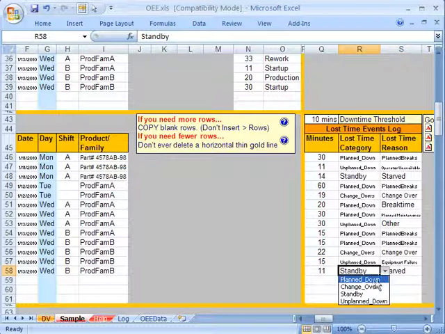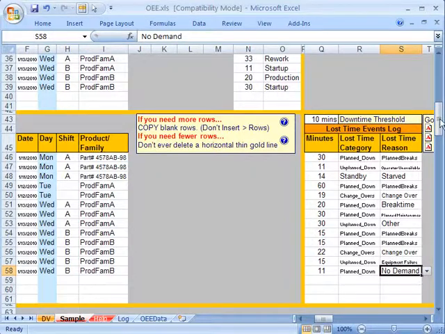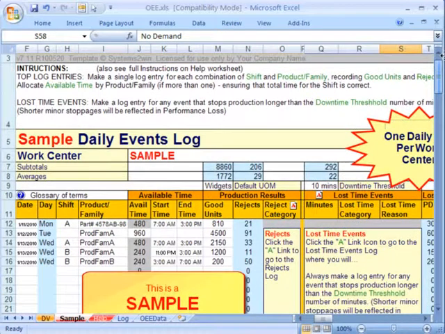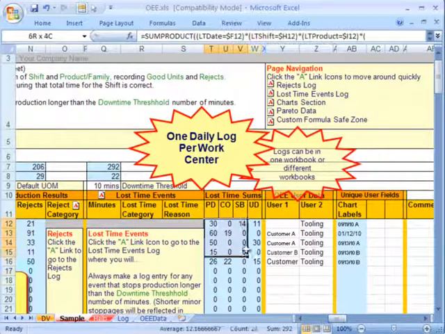But if the lost time category for the same line item happened to have been planned downtime, then your pop-up list of lost time reason codes is going to be different. And just like the reject codes section, when we scroll up to the top, the data that we entered down below is summarized in these blue calculated fields in the top section.